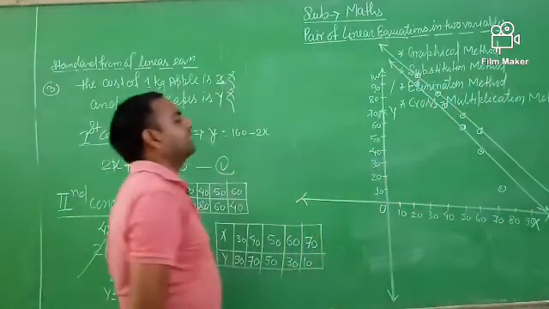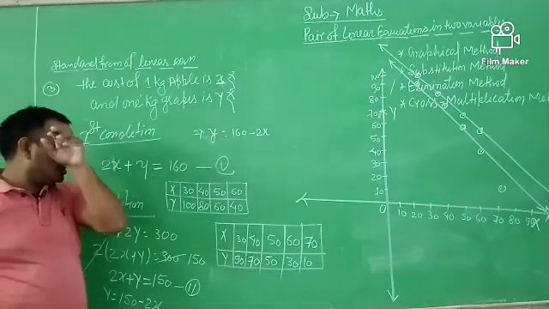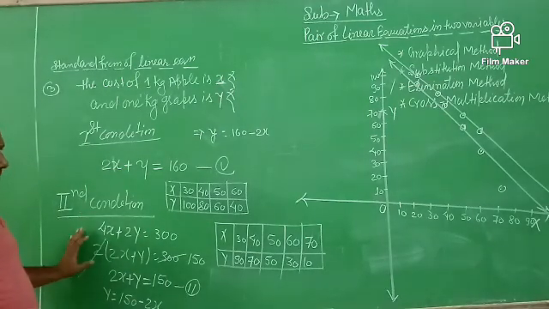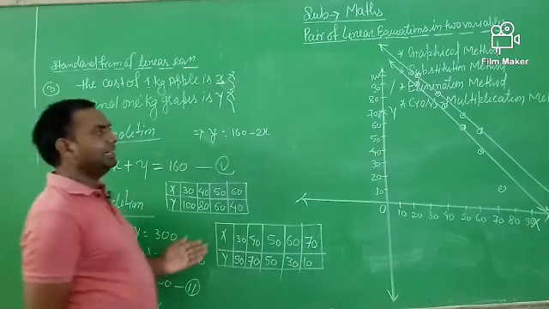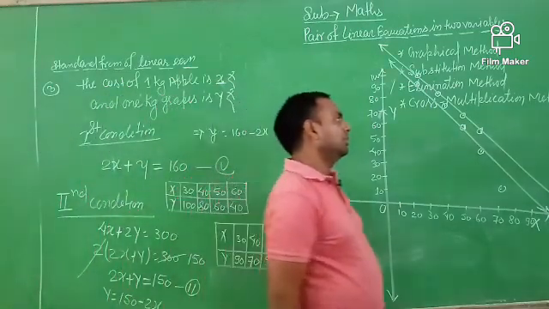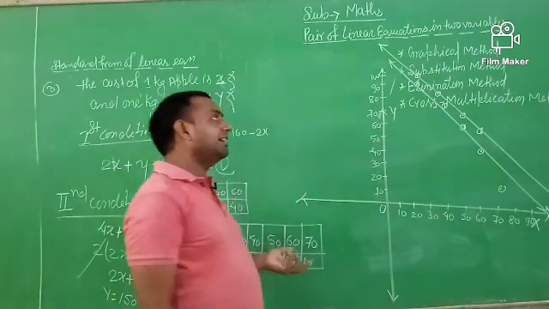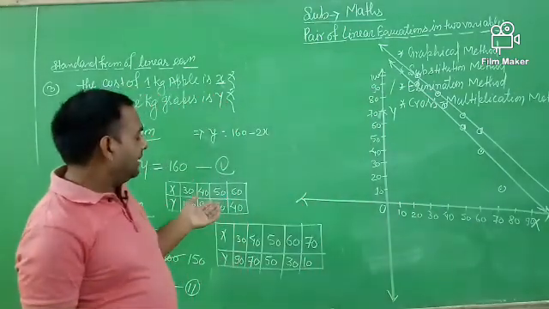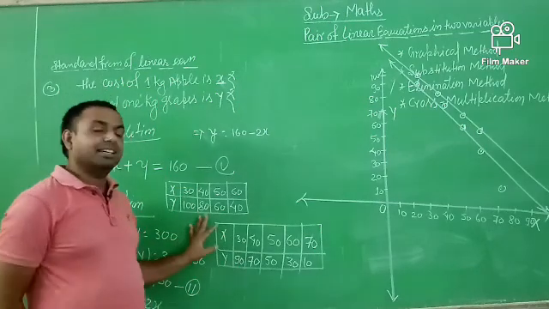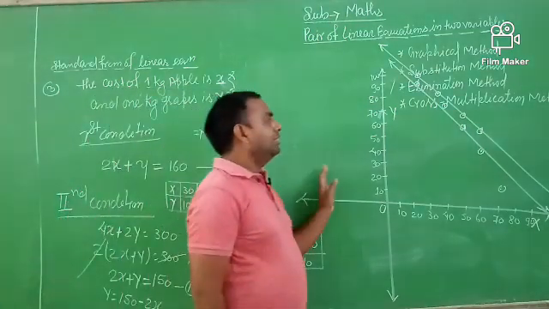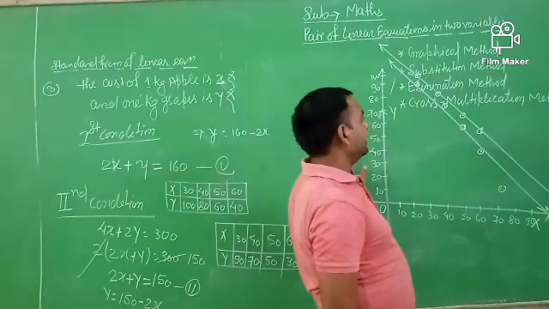So by using the graphical method, we can draw both lines. Here the both lines represent the solution. First solution is in the algebraic form, second solution is in the graphical form. So I think all of you understand. Next we are going to another solution. Besides the graphical method, there are many solutions related to two-variable linear equations.